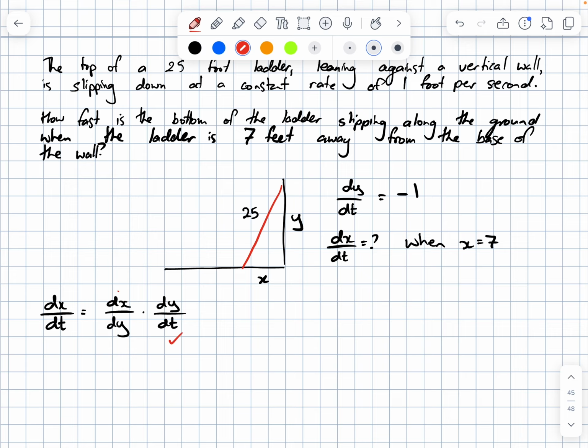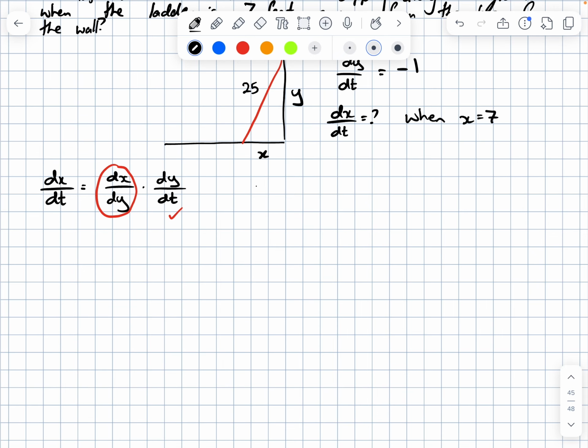We know this, we want to find this. To link x and y to get dx/dy, we can use Pythagoras' theorem, that is x squared plus y squared equals 25 squared. Now we can either rearrange this for x equals in terms of y, and then square root, and we can ignore the negative because obviously x will be positive because it's the length, or we can